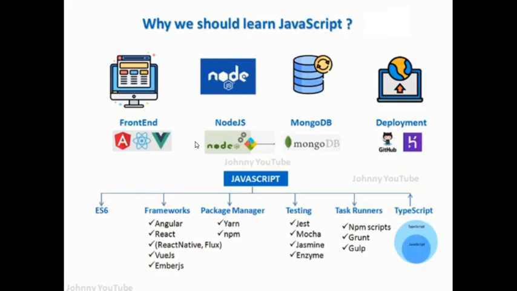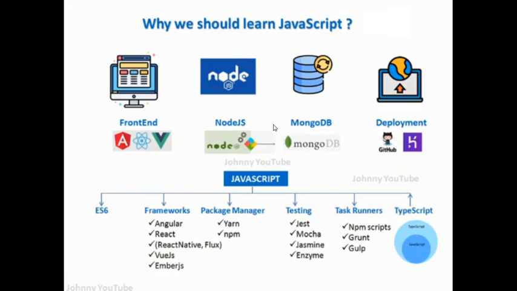Each browser will have its own engine, like Chrome will have V8, Firefox has SpiderMonkey. JS, that is JavaScript, doesn't exist only for the front end. We can use JavaScript from backend to frontend. That is, we can use MongoDB, which is used to store the data in the form of JSON, that is key and value pairs.